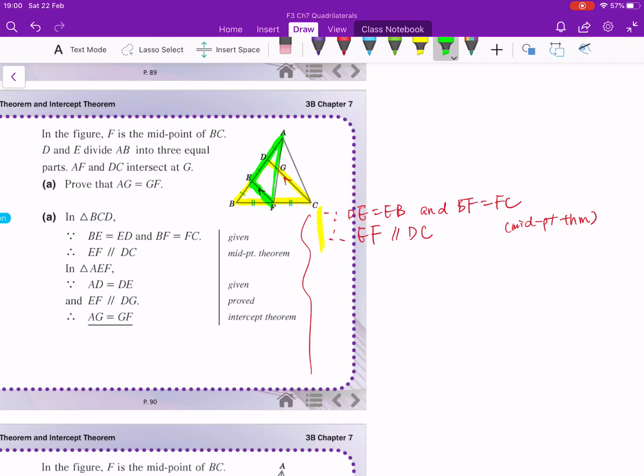Actually, the most difficult thing for this question is that in the figure you can find so many triangles. So you have to take the correct one and try to apply the theorem to it. Okay, the second part here should be, now you know that